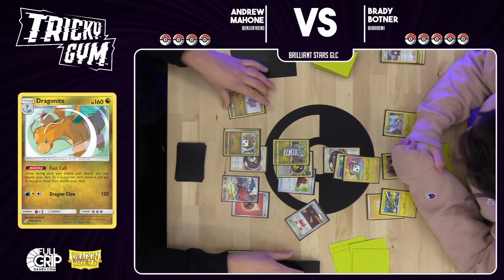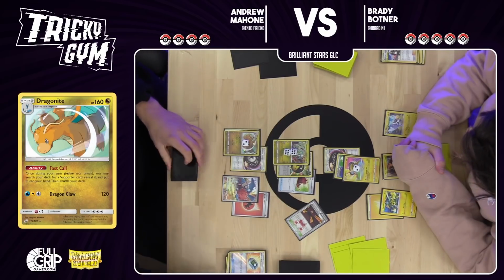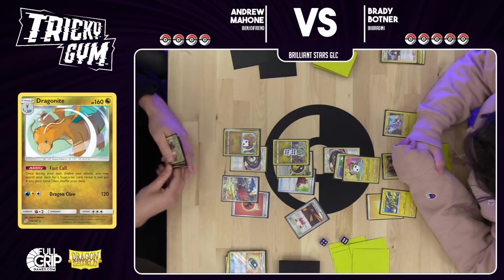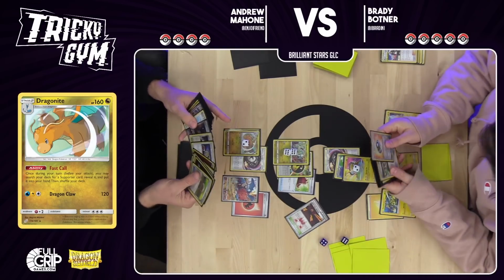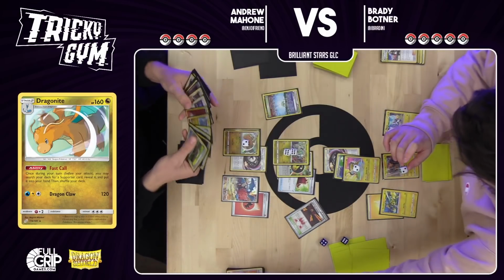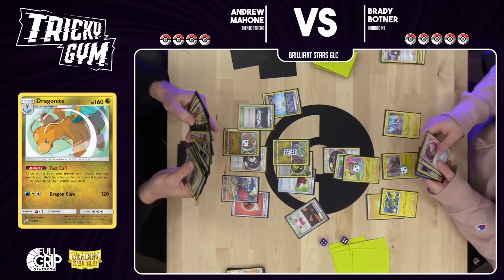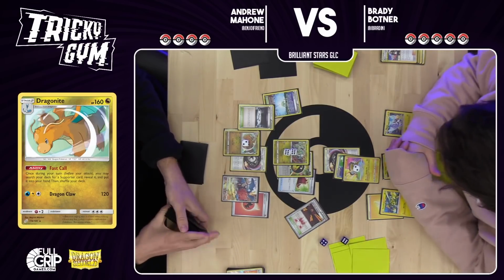Before I do that, let me Stadium Nav. We've got double heads. So I'm going to go into the deck, and I'm going to find Parallel City and Silent Lab. Sure. And then I'm going to play...